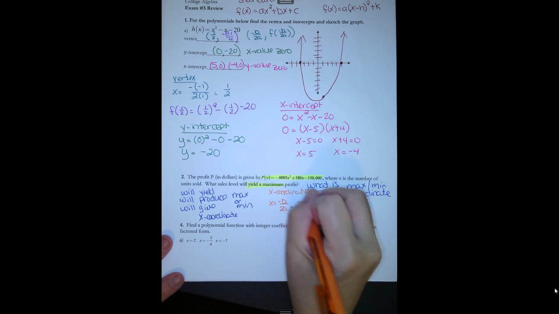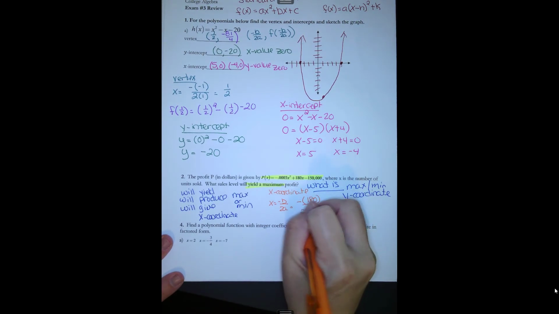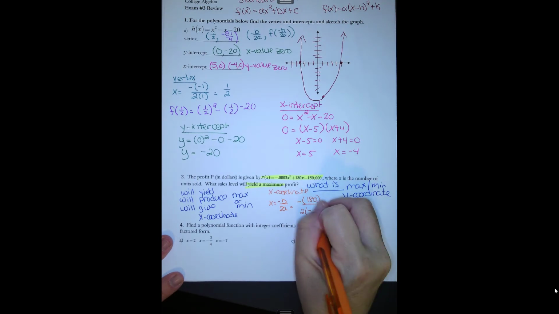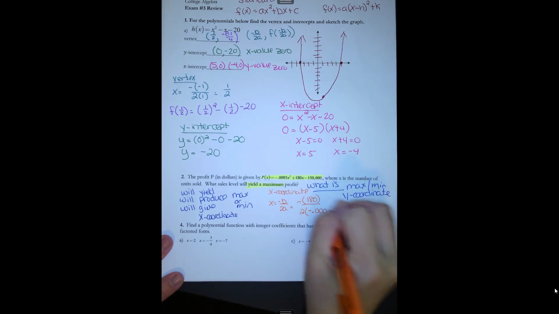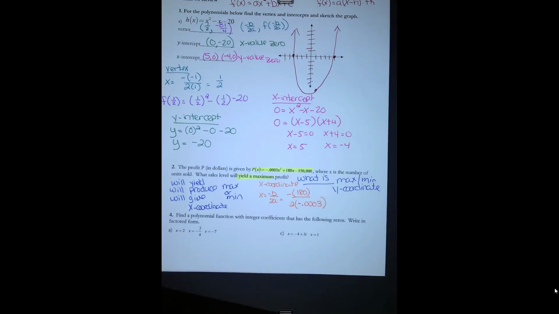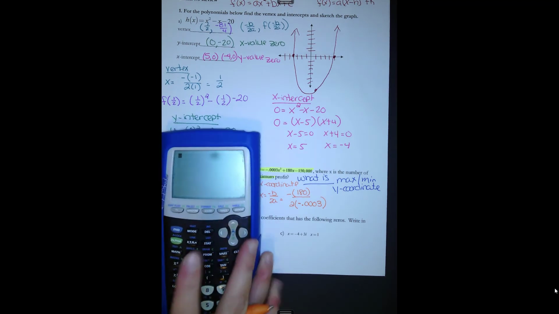So we have the opposite of 180 over 2 times -0.0003. And if we vaguely remember from class, I said be careful plugging this in our calculators,